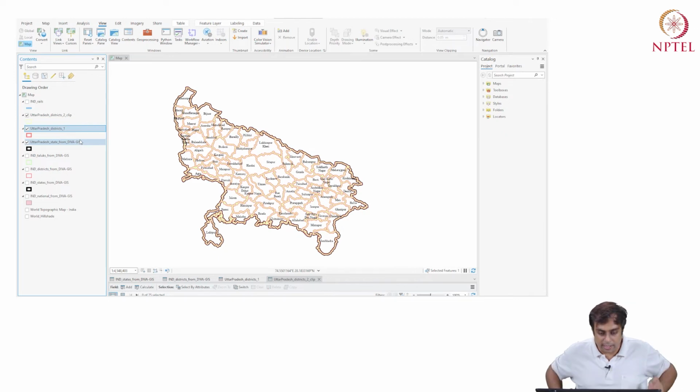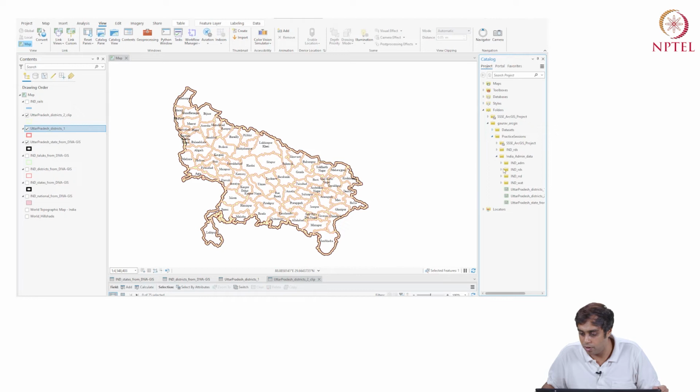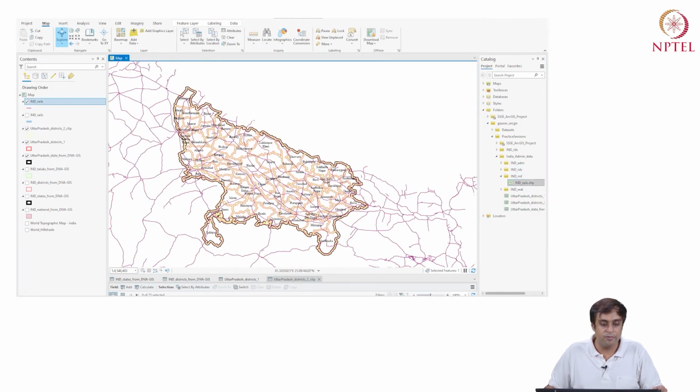Okay, so this is a particular modification that I have done with these data. And going forward, the next step that we are going to do is look at points level data. Well, we could do one thing as homework for you guys. Okay, so remember we looked at the railroads. So we could bring the railroads here and you could try to clip the railroads. Okay, what could you do then?